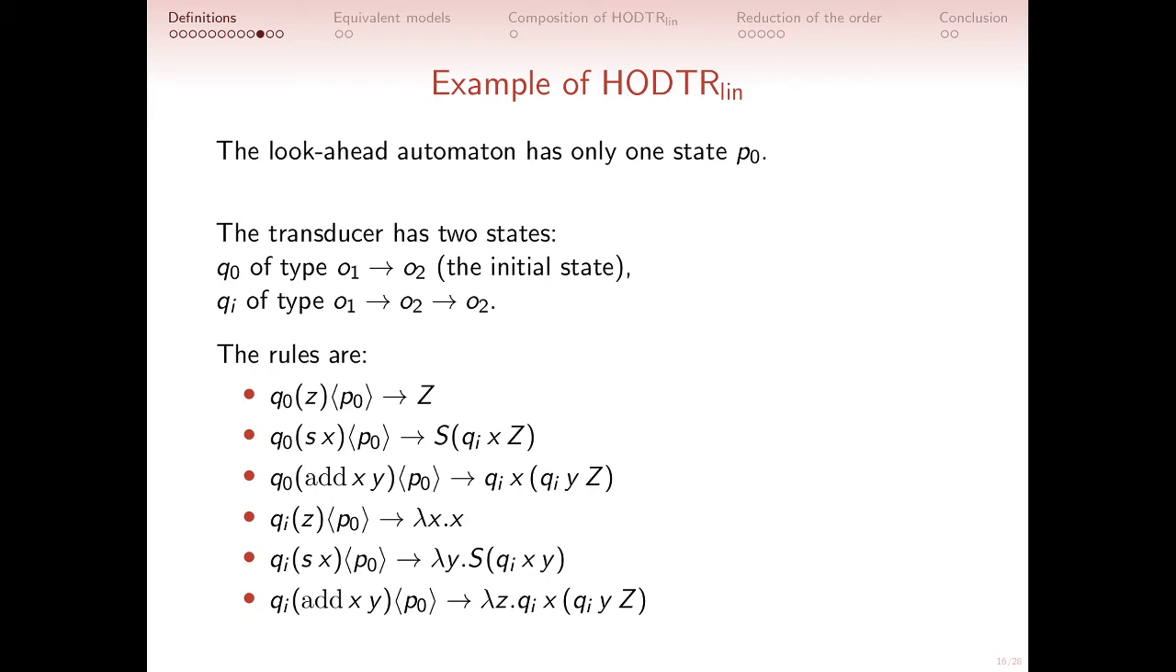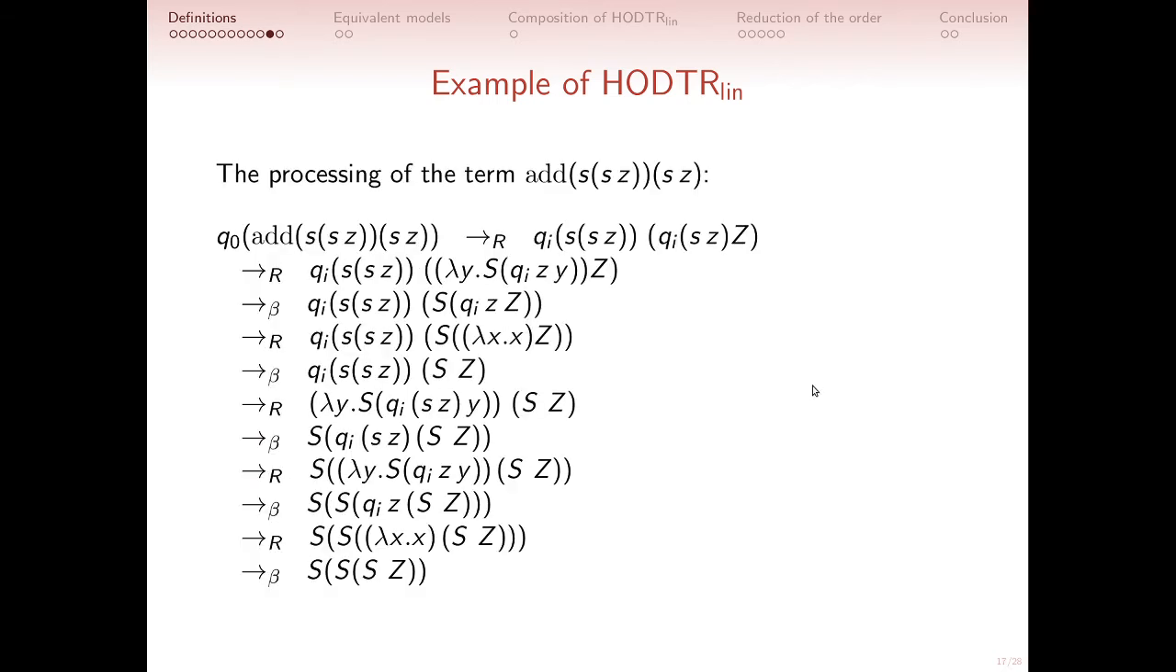The rules of the transducer really just reproduce the ways lambda calculus usually computes the addition. And we don't use any look-ahead automaton. It is not necessary in this case. So we just have one look-ahead state, and it doesn't change anything to the processing of the transducer. When we make this work on the example we gave earlier, so when we add 2 and 1,